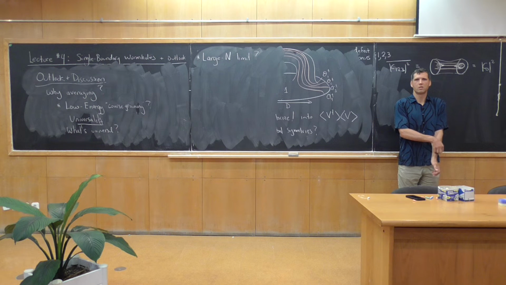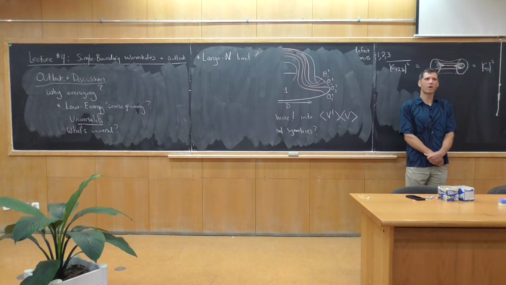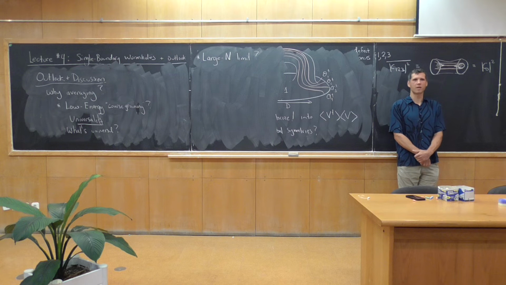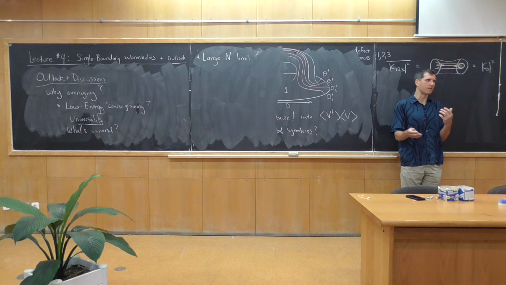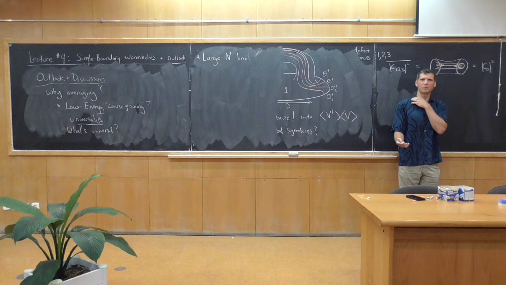So that's what I try to understand. Normally, if I want to have finite but large N, it means I need to include 1 over N squared corrections, and perhaps an infinite number of them. So that means that on the gravity side, I need to calculate loops, and once I have calculated loops of gravity, I don't have to worry about wormholes. Well, no, I think once you start doing a 1 over N squared expansion, you're doing some expansion around N equals infinity. I think if you do it that way, then you probably need to include wormholes.